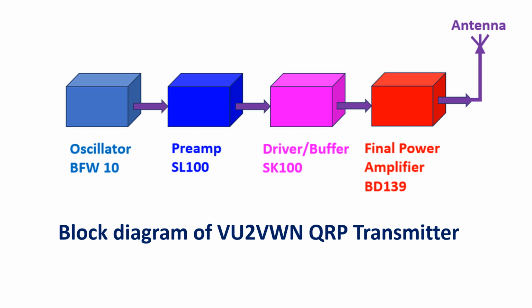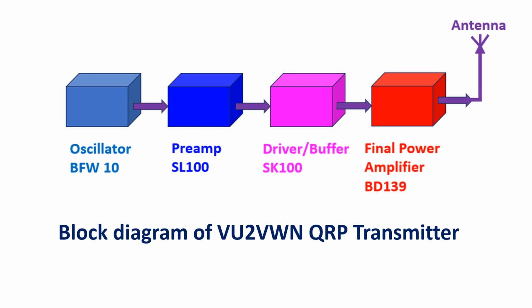Power output of the oscillator or VFO would be very low and needed several stages of amplification. Initial stage of RF amplifier can be called as a preamplifier. Output of the RF preamplifier is further amplified by the next stage, which is known as the driver stage for the power amplifier. In the VU2VWN circuit, which was popular in 1980s, VFO had two field effect transistors known as BFW10, and the RF preamplifier was